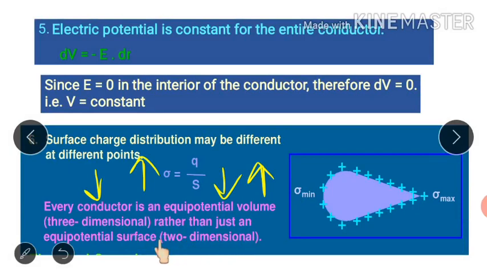And I think whatever is written here is clear: every conductor is an equipotential volume rather than just an equipotential surface, because here we talk about 3-dimensional and 2-dimensional. So I think the behavior of conductor when it is placed in an